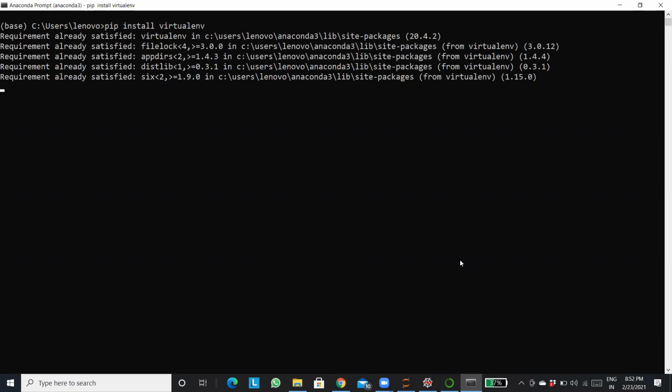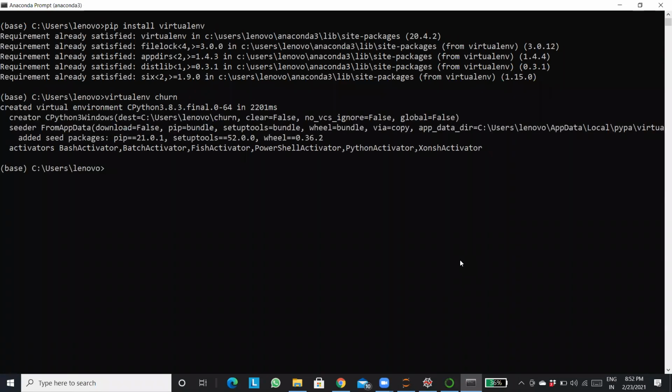In my system, it's already installed. Now I'll create a virtual environment. Since I'm going to create it for my churn model, I'll name it churn. So this is my virtual environment created.